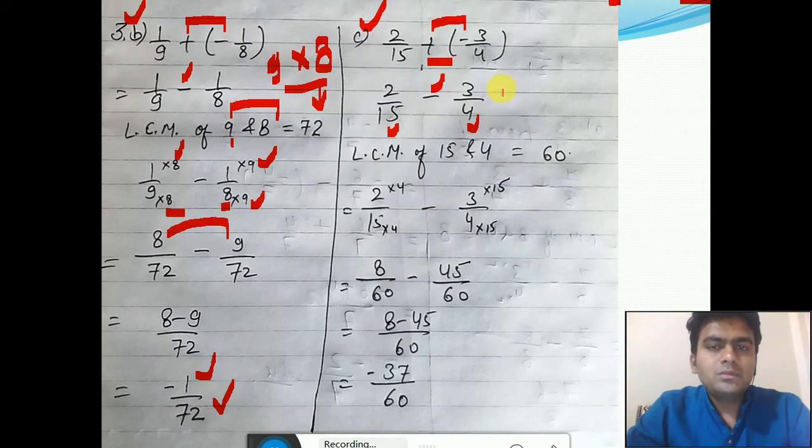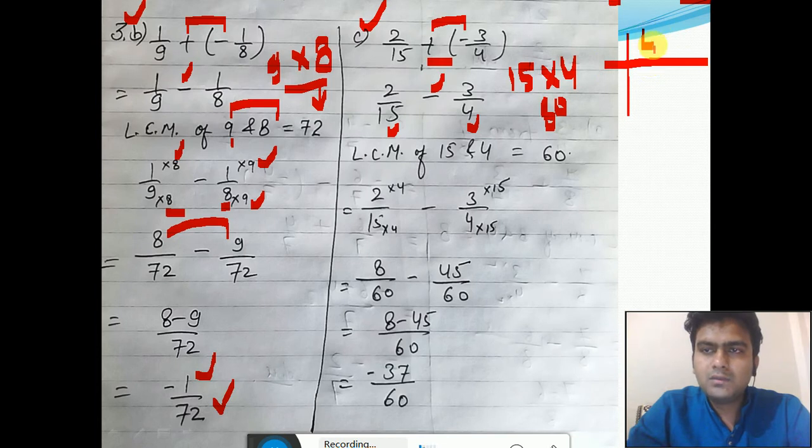So what we will do, we will multiply the denominators to get the LCM, or you can use another method also. So 15 4s are 60. And another method to find the LCM of two numbers: draw this line, write down the numbers 4 and 15. Now by 2, 4 can be divisible, 2 2s are 4, but 15 cannot be divisible by 2, so write down 15 as it is. Now again this 2 can be divisible by 2, so 2 1s are 2.